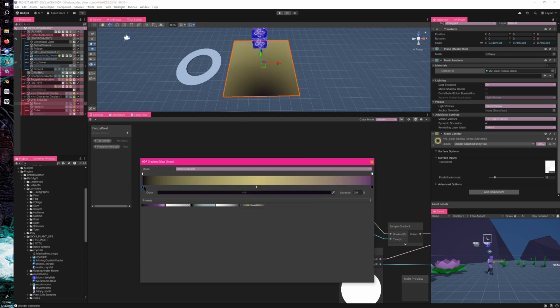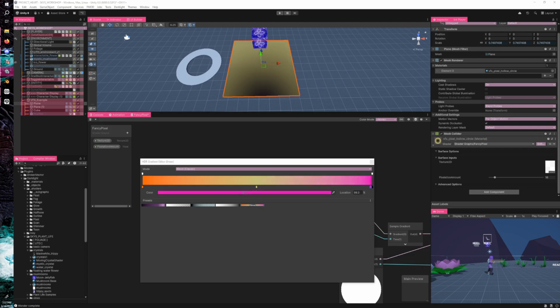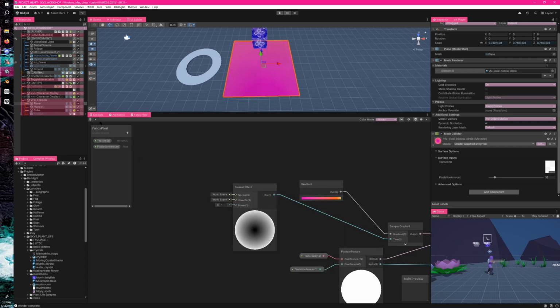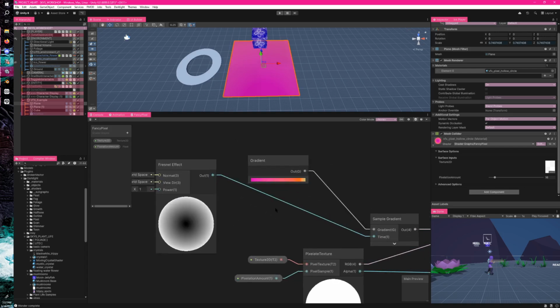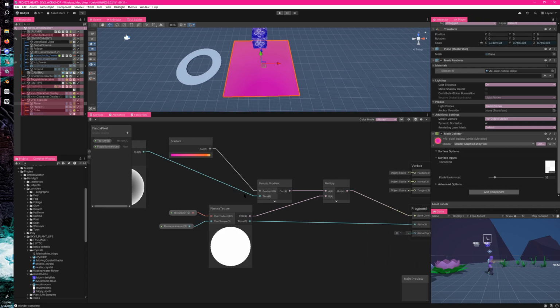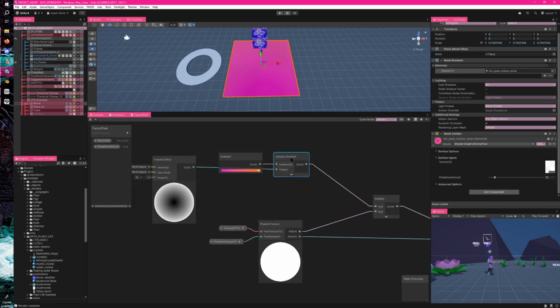Okay. Well, I'm gonna make this actually look kind of pretty. Let's do that. Let's make a nice pink. And we can get rid of this. Put this over here. Actually have a nice gradient going on. Okay, and that's good. Sample gradient